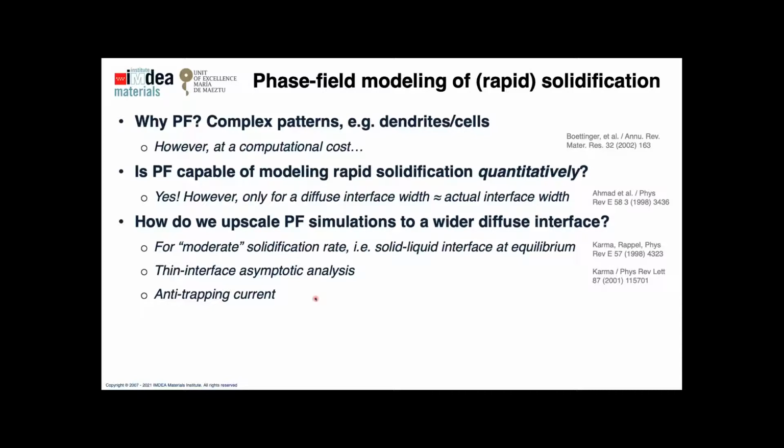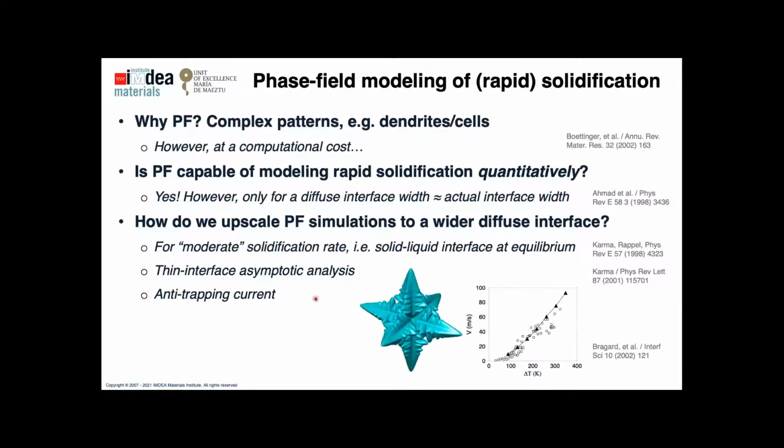And when you coarsen your interface numerically, you actually promote solute trapping, but fake, numerically induced solute trapping, so you have to correct that. And such types of models can model very well